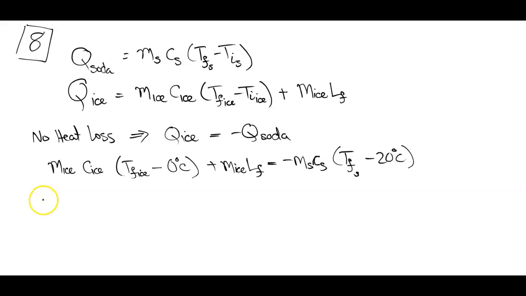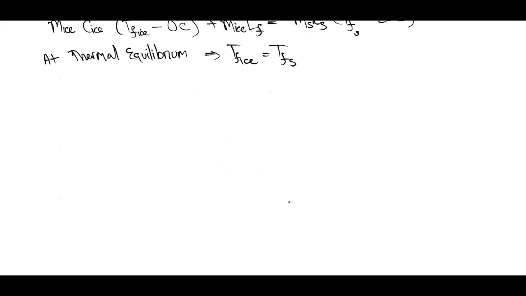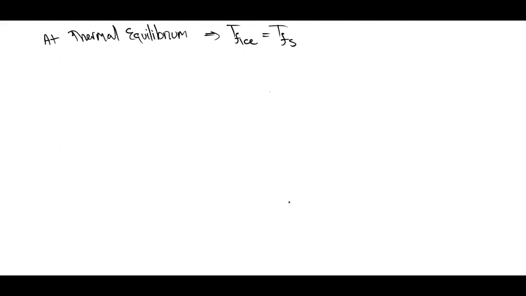When all ice melts, that means we are at thermal equilibrium, which means that T final for the ice has to equal T final for the soda. And if we use that,